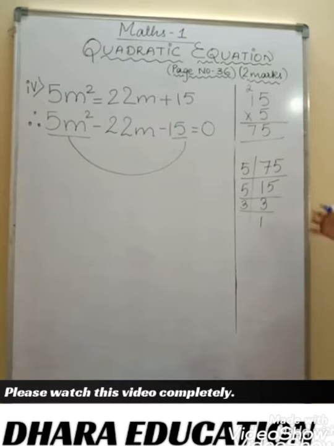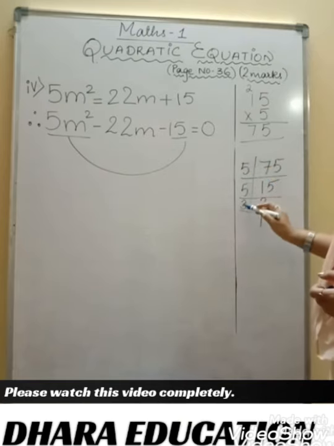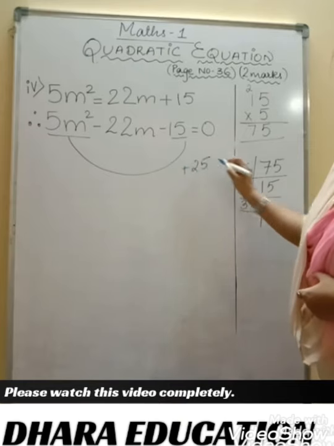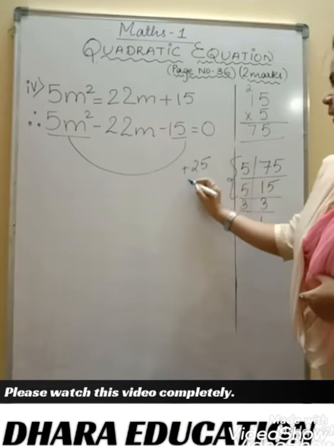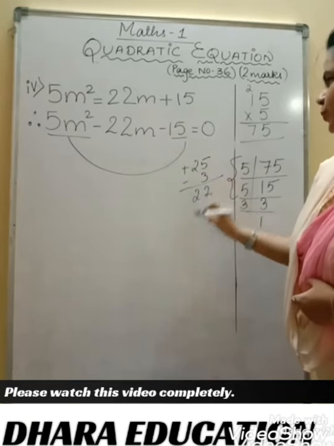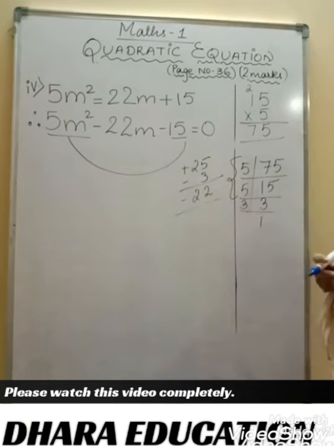So now what we need to do in the second step: the factors we have got here are 5, 5 and 3. 5 5s are 25 and 3 is there, right? But when we are going to subtract, for example, plus 25, that is both of these, and minus 3 will give us 22, minus 22.